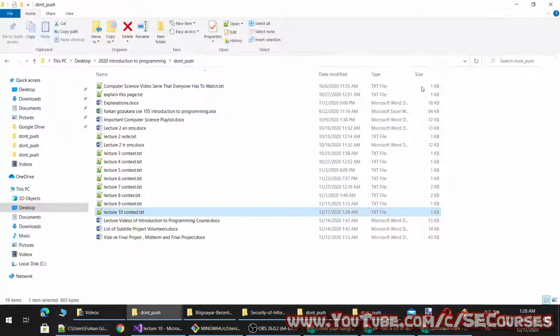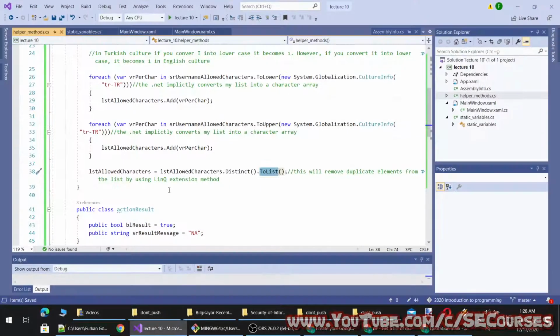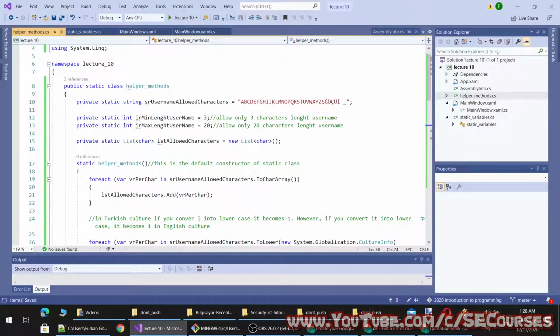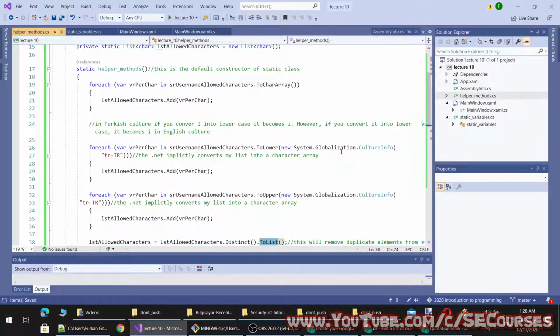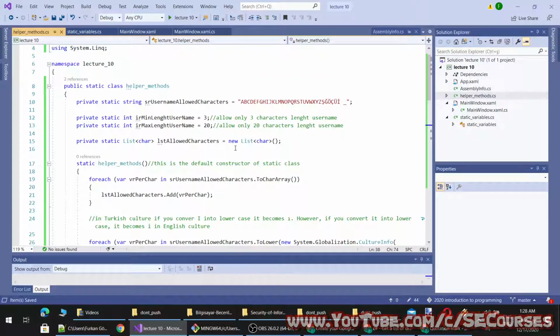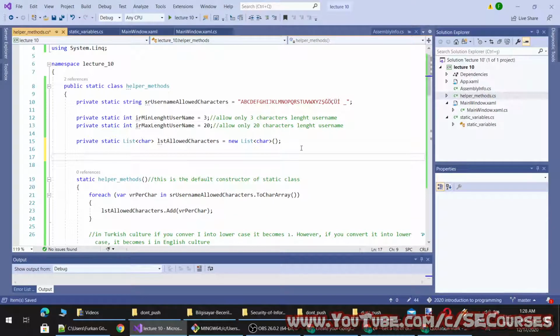Okay, so this will remove them. I will also show you how it behaves with default globalization. My computer is currently set to US culture. Therefore, let's see the default behavior.